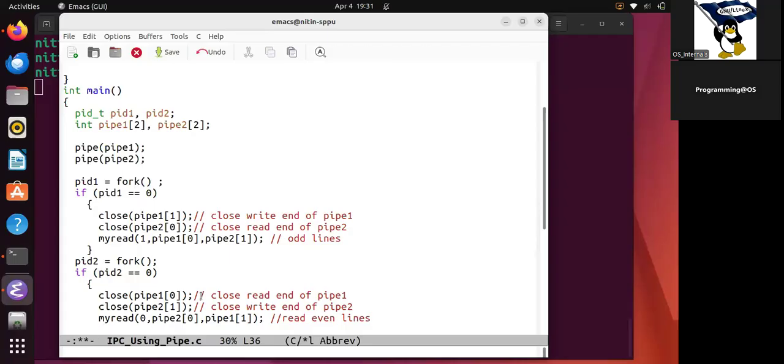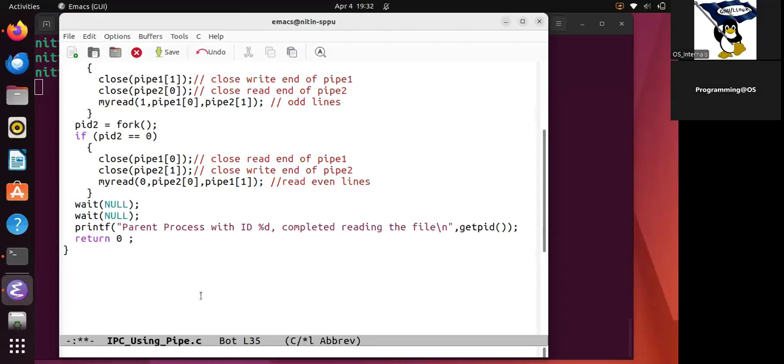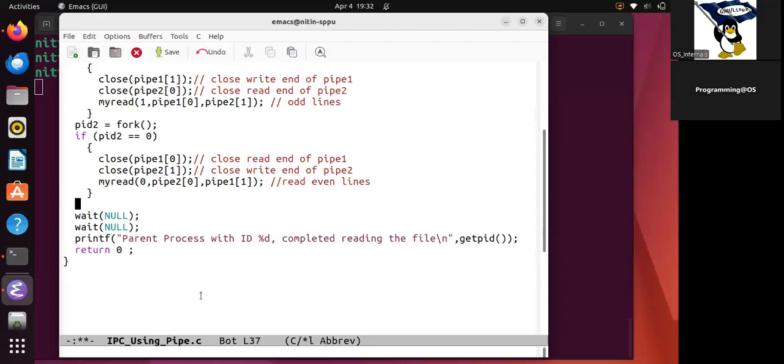Fine. And now once it is done, we have to close, and we have to display that too, whatever is read by it, for every child. Now we have to close both the pipes. So close, because this would be the parent process setup. We will require the parent process setup here. Fine. So I will let you know why I'm doing this after a while. So let us first write pipe 1, 0,